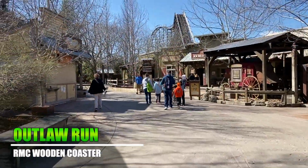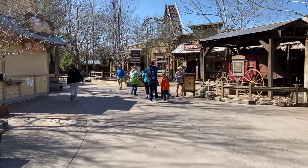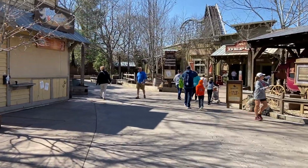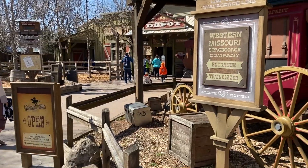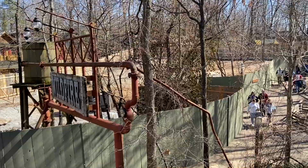All right, so this is interesting. Outlaw Run has no line, it looks like. That's one thing, if you ever come here on a busy day, you can kind of count on Outlaw Run to probably have the smallest line here. So, all right, so I believe this is where the fire happened